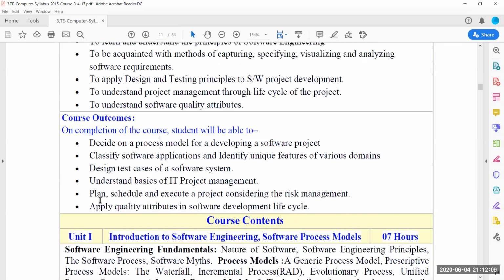Again, there are 6 course outcomes. After completion of this subject, the student will be able to decide on a process model for developing a software project. You will be able to develop the software project on your own by selecting any real-time problem from the world. Second one is to classify software applications and identify unique features of various domains. You will be able to classify the application softwares, which one is better, which one is